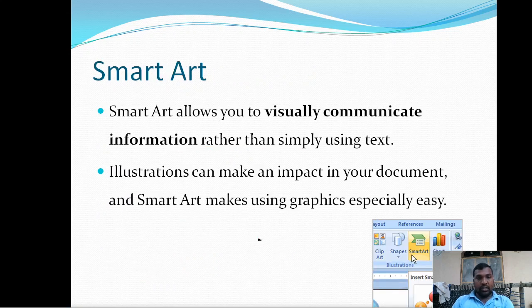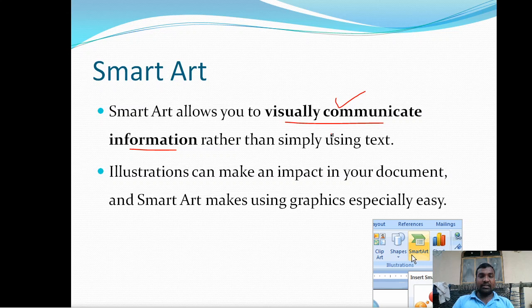Now let us look at smart art. Smart art allows you to visually communicate information rather than simply using text. The communication between the presenter and the audience can be more effective if the presentation is in visual form.